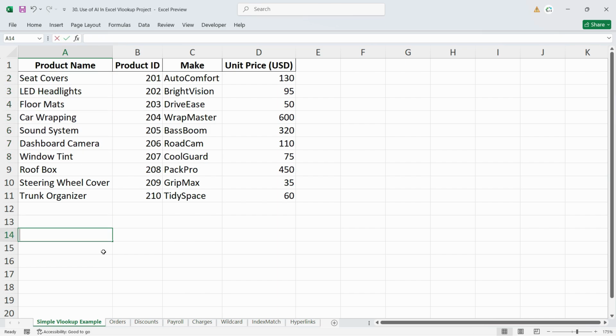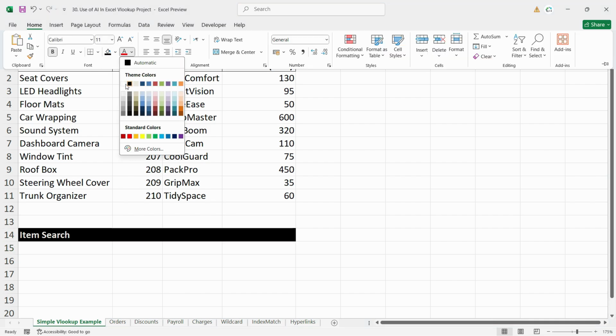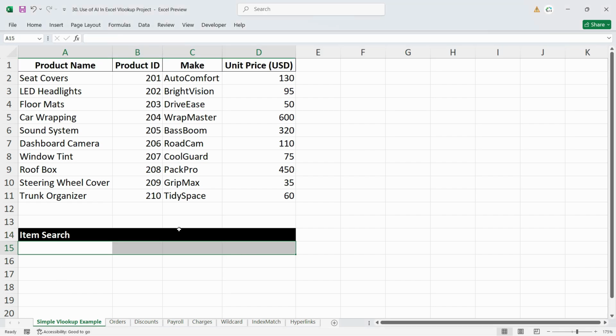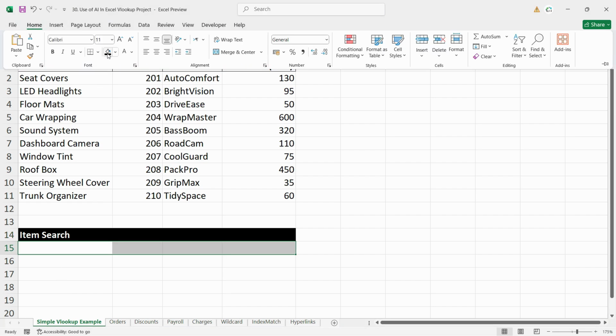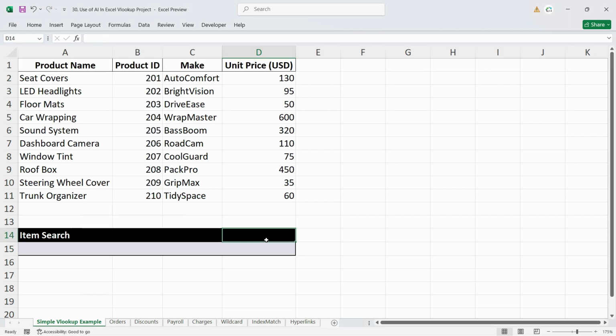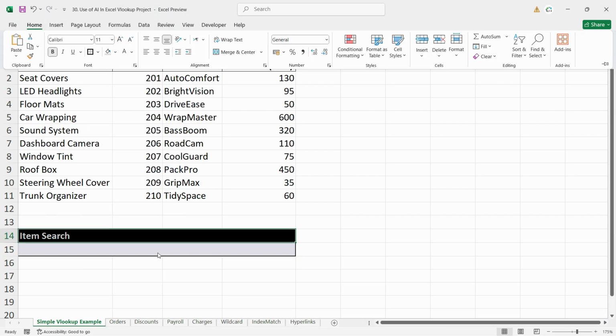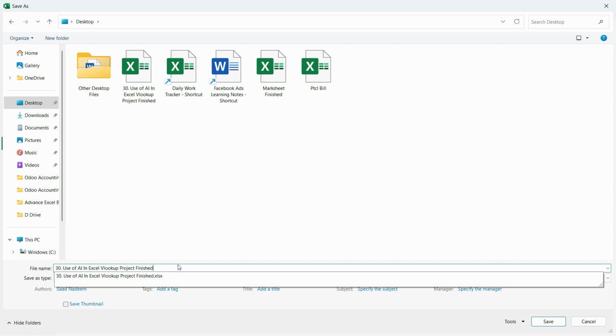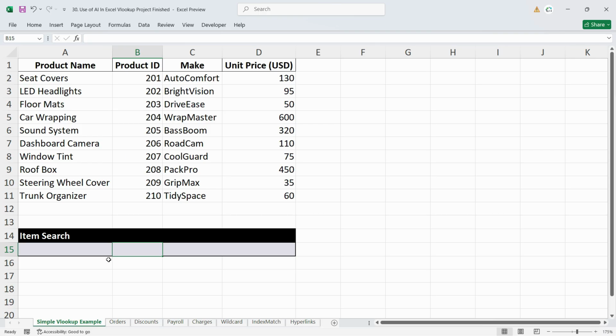Let's make the search box. Let's make an item search. Give it a professional touch by formatting. Let's make this like this, and all the information should appear here. I'll also apply the borders on the first column as well. And now it's ready. Now what I need to do is I can simply search any product here, seat covers,